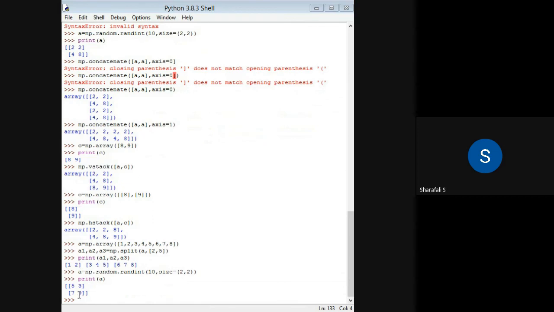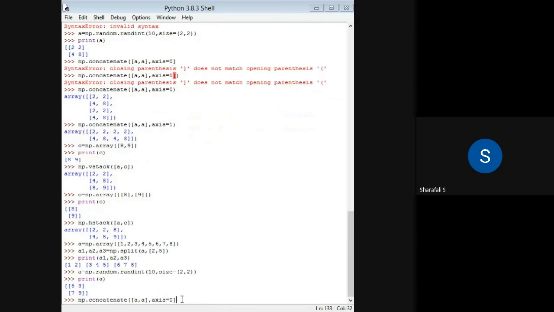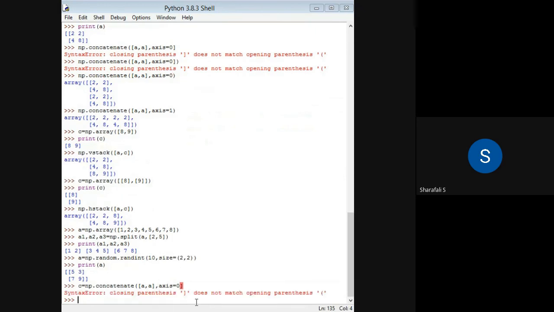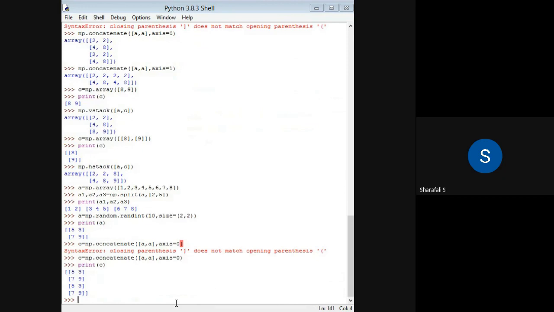And if I want this concatenation, let us put it as C equal to, and I will be using this concatenation here. I will use it as C is equal to this one. I think we can make that the same. Okay, so but C, you can see this is my C.